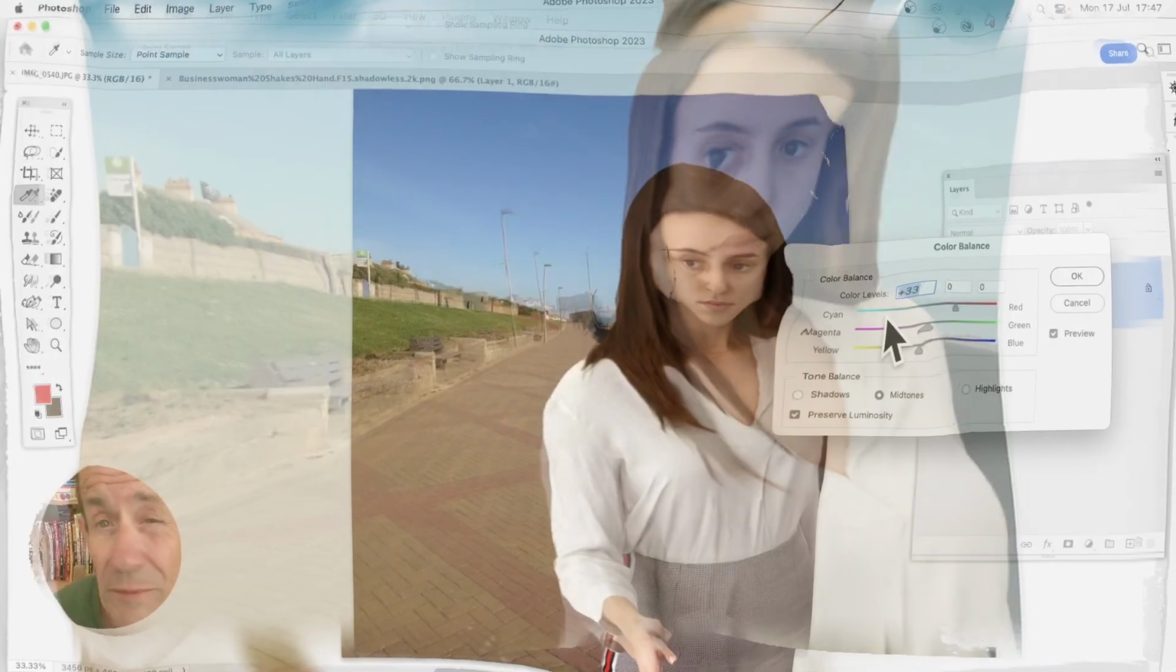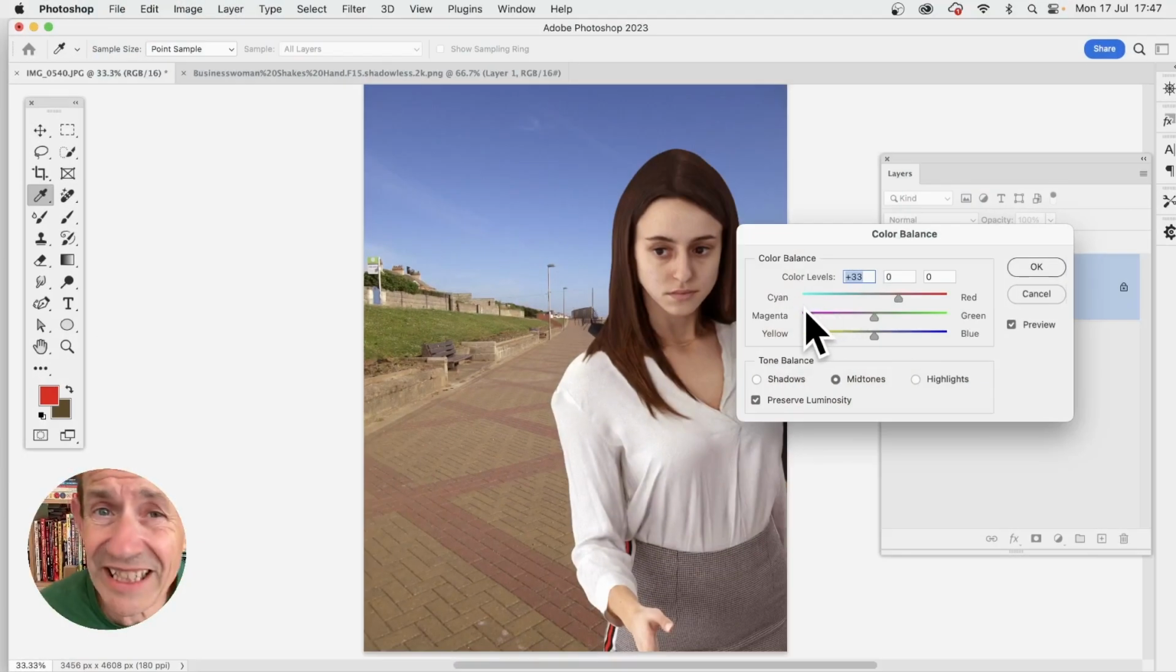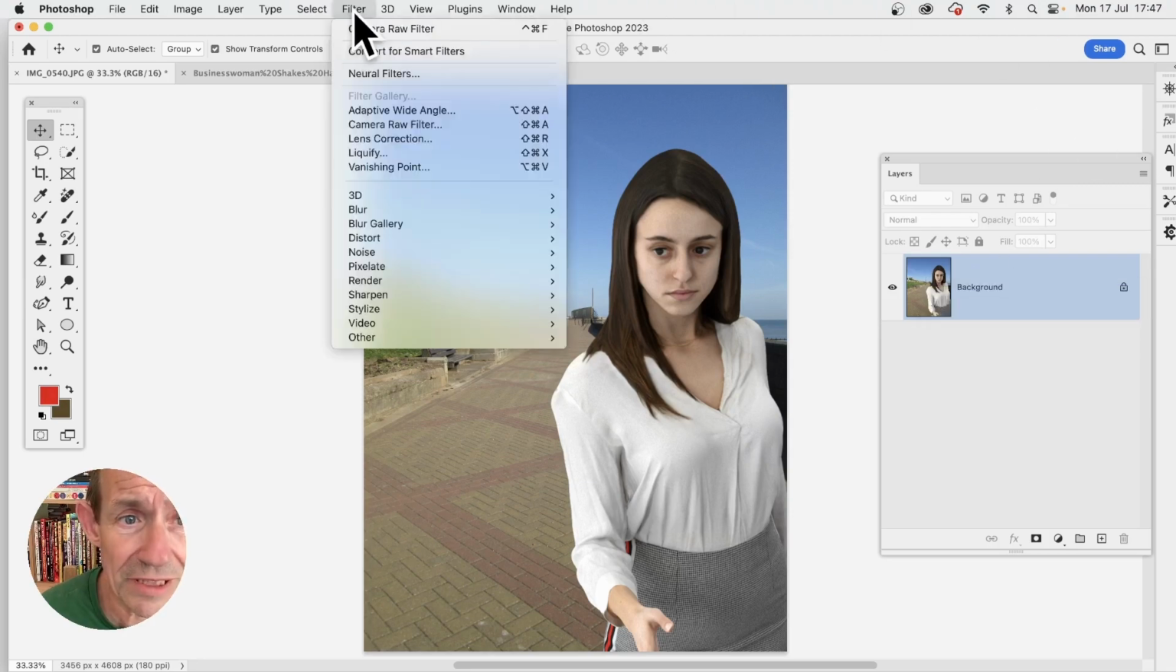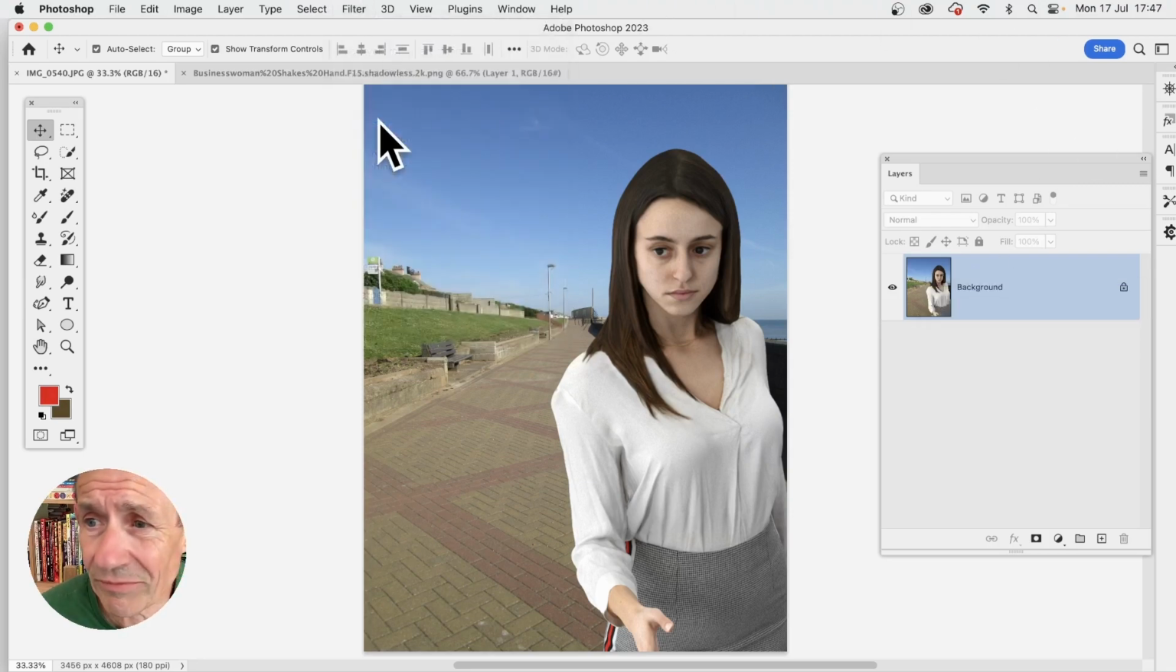In Photoshop you can go from this to this in seconds, using a great feature of Photoshop. In Photoshop you can manipulate the colour of any image very quickly using image menu and adjustments. But a really quick way of modifying the colour, simply go to Filter, down to Camera Raw Filter, and then